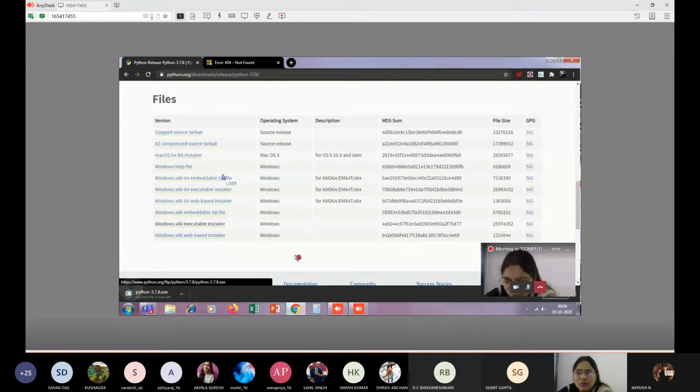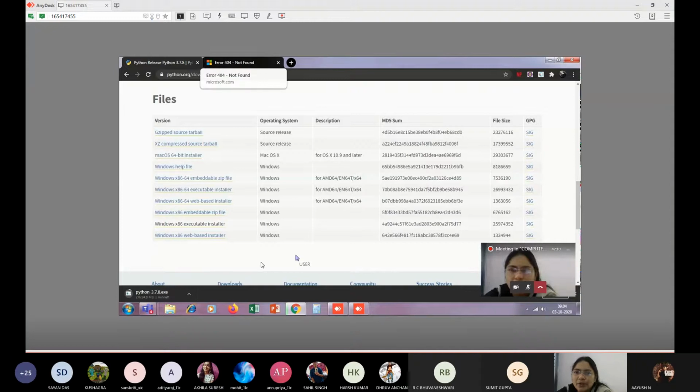Interactive log on disallowed. Could not log into the remote computer. AnyDesk must be open on the remote computer. There you should open AnyDesk also, child.